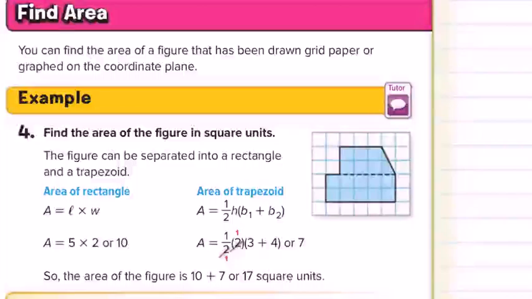We can also find area of figures that have been graphed on the coordinate plane. Let's look at example 4. Find the area of the figure in square units. Now, we've seen these kinds of problems before, and usually we can say, well, we can just count the amount